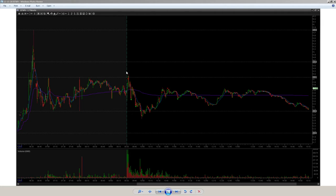So it pops up to this pivot, I got short and covered on the way down. Then I added back thinking, okay, this thing's going to keep fading. And really, I have to watch the clock more. Around that 9:45, 10 o'clock area is when most things are done with the big move, and even if it fades more, it's going to fade slowly. So adding back here is probably